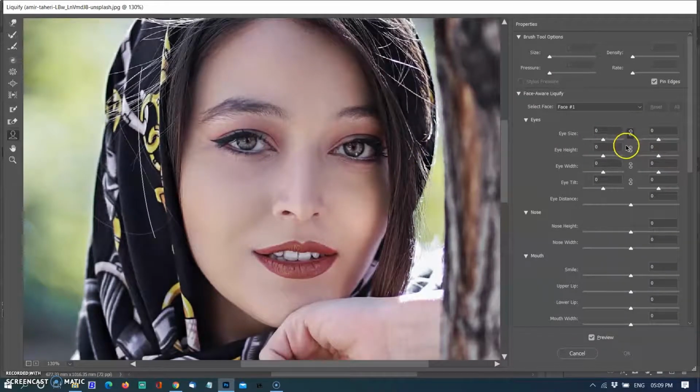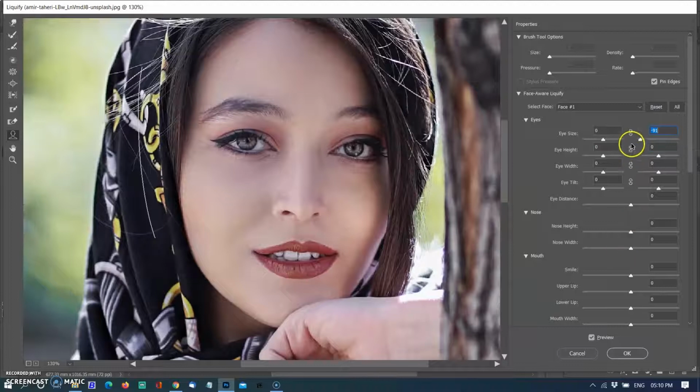The first option is Eyes. You can see there is a link icon between the left and right sliders. If we click the link, the size will change for both eyes. If we unlink this icon, only the eye we want to change will be affected. We all have little asymmetries, and one of the most common is that people's eyes often appear different sizes when they smile. It is very common in photo shoots.